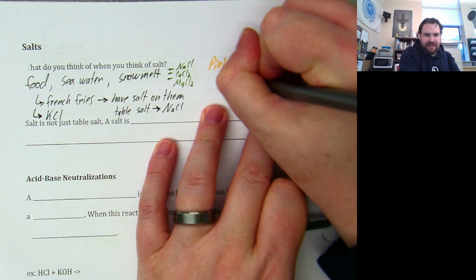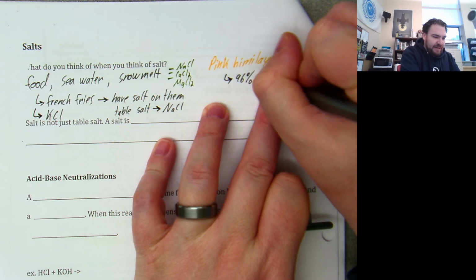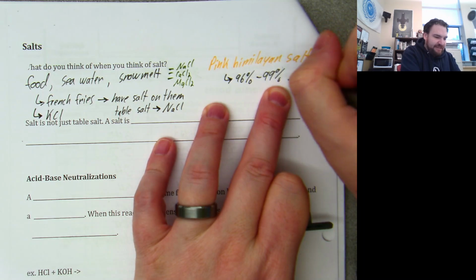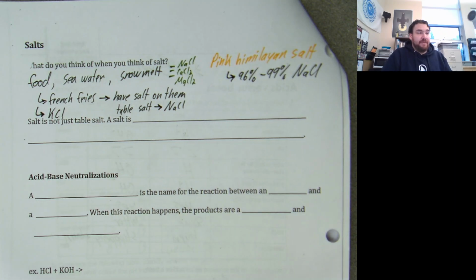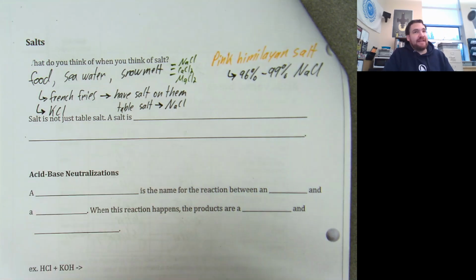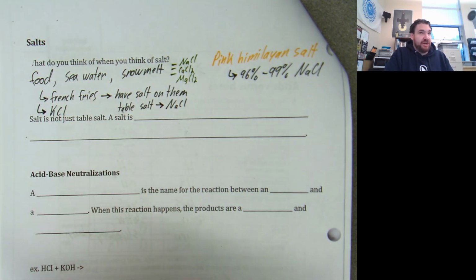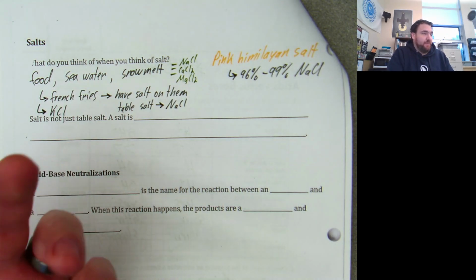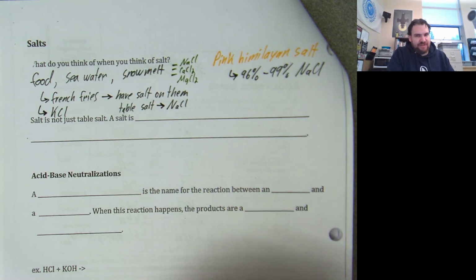Himalayan pink salt is between 96% and 99% NaCl. But NaCl, if you've seen table salt, is white on its own. So it doesn't take much additive to change the color of salt that's white and effectively colorless. So the reason why Himalayan salt becomes pink, and it's not a uniform pink,